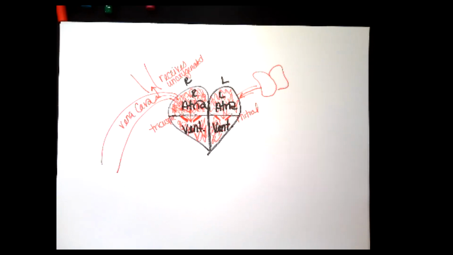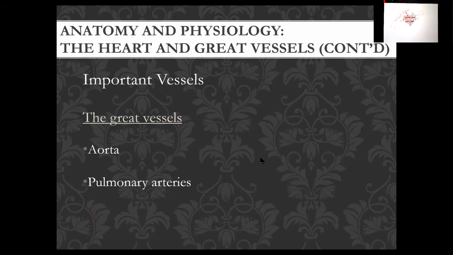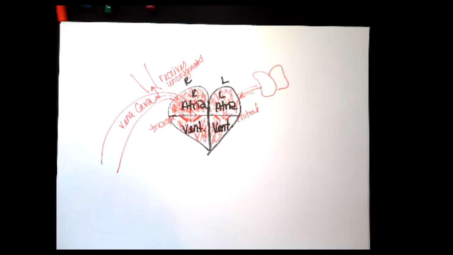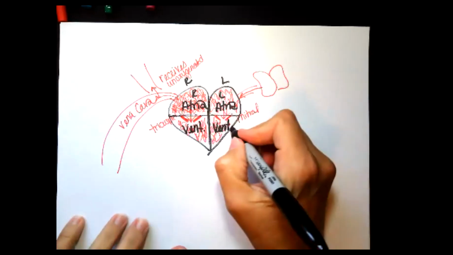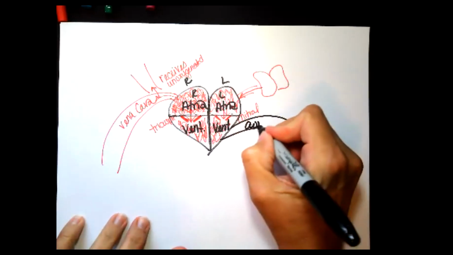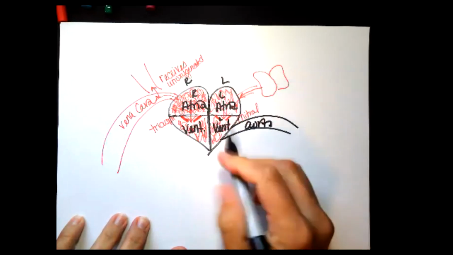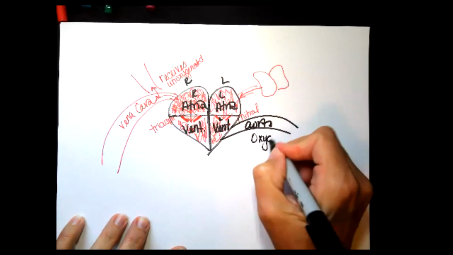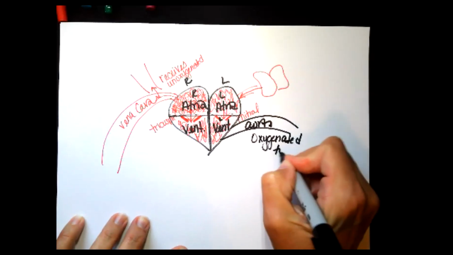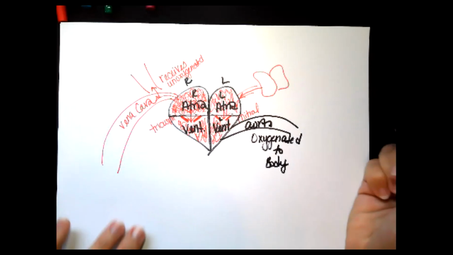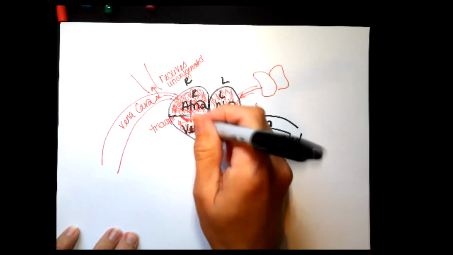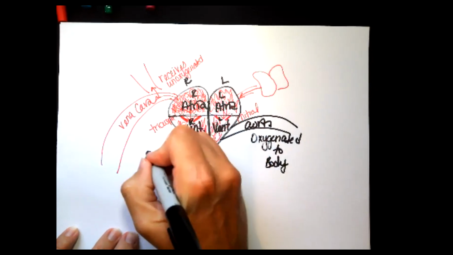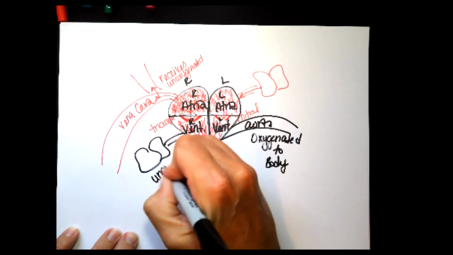Very superficial though. Not going to teach you any more than you need to know. There's also some great vessels. The aorta branches off of the left ventricle, and the pulmonary arteries branch off of the right ventricle. So this is not anatomically correct, but I like to draw it this way. Your aorta comes off of the left ventricle, and it carries oxygenated blood to the body, right? All the way to the toes, the eyeballs, the belly, whatever you need. The right ventricle pumps out to those lungs, unoxygenated,